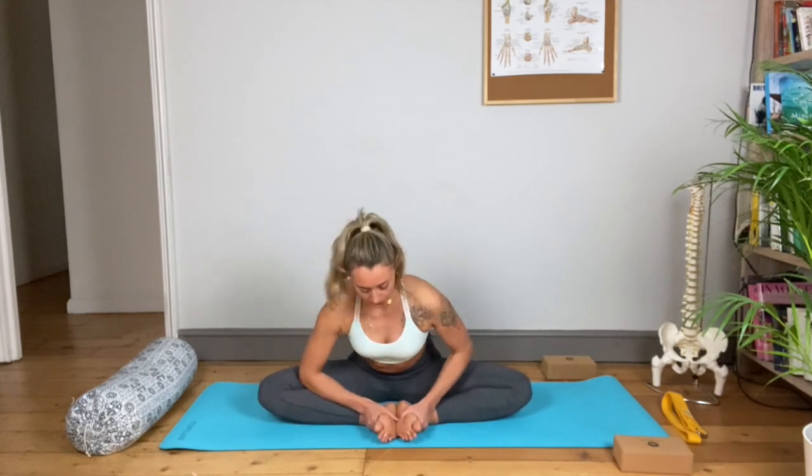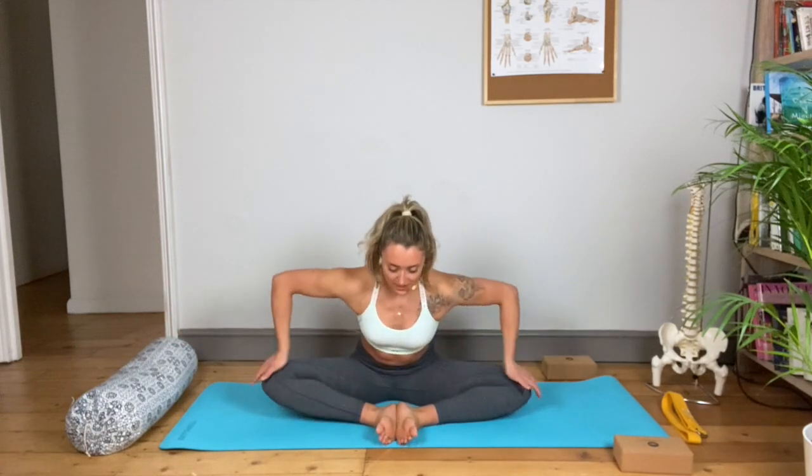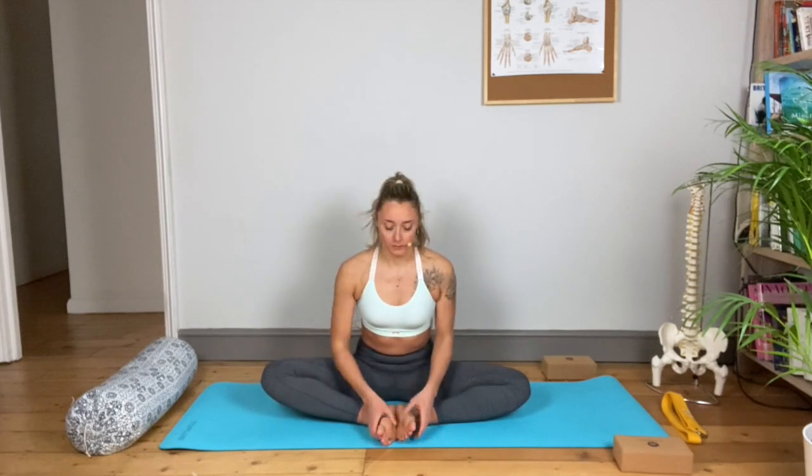Okay, so this one is going to be good because if your legs were straight, you'd basically be doing the splits, but you're taking this area out of the movement. So this is just going to help to get you to that point of the splits. So again, inhale, chest up, nice straight spine, and your head is moving in alignment with the spine as well. And then on the exhale,